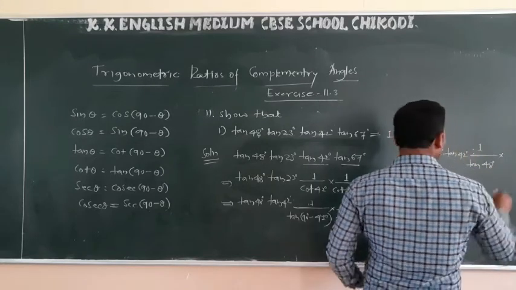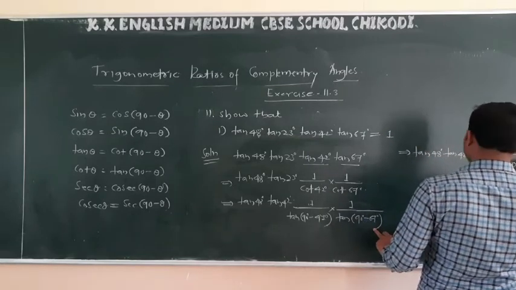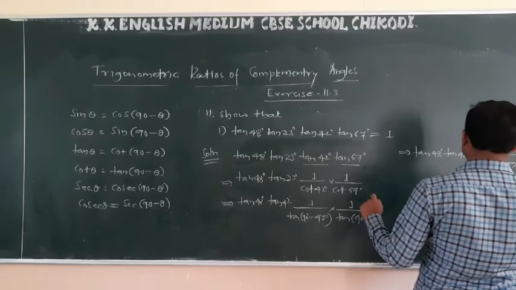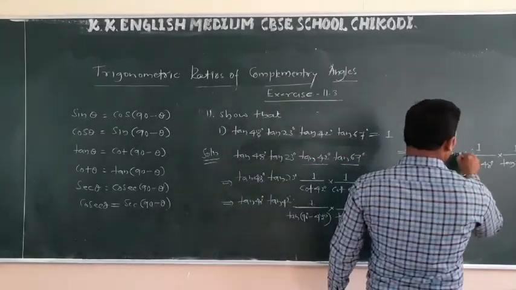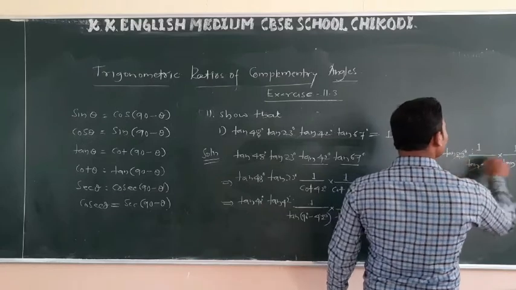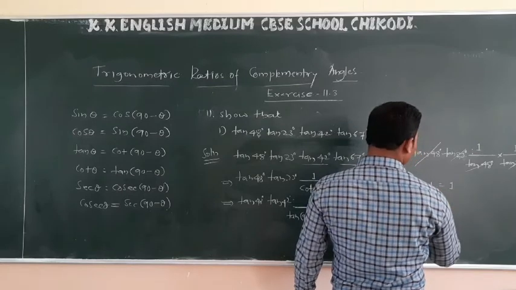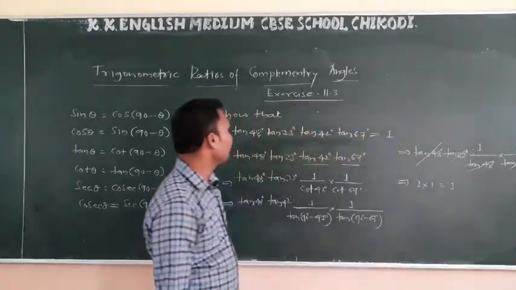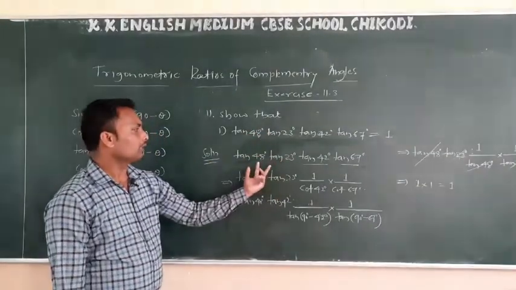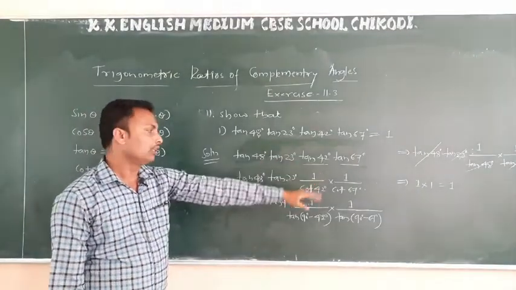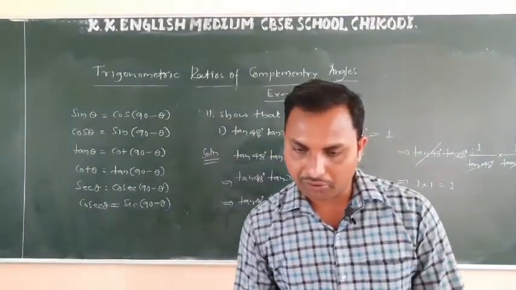Again we have 1 by tan of 23 degree. Now we have, is it 23 degree? Yes, this is 23 degree. Now this and this get cancelled, so 1 into 1 is again 1 itself, and we need to prove 1 here. And we are proved. You can convert any two things, either these two or these two, and you will get your answer. I hope you understood. Let me go for the next question.